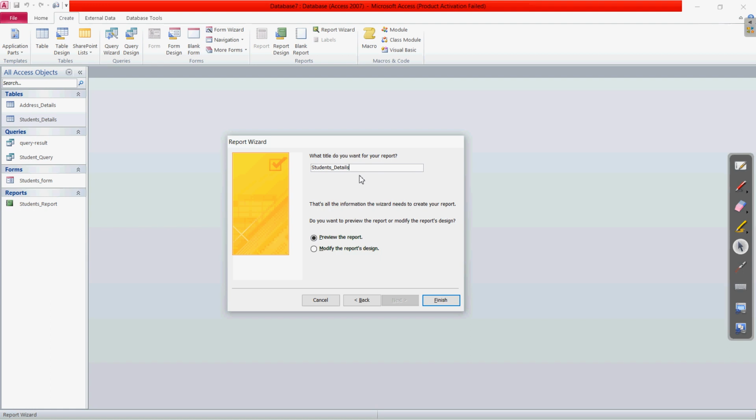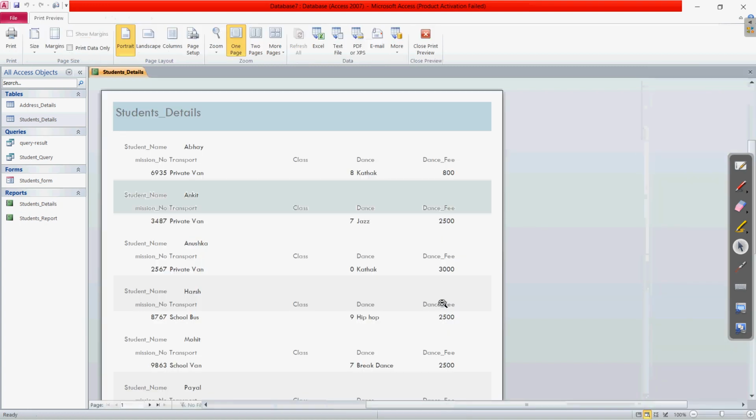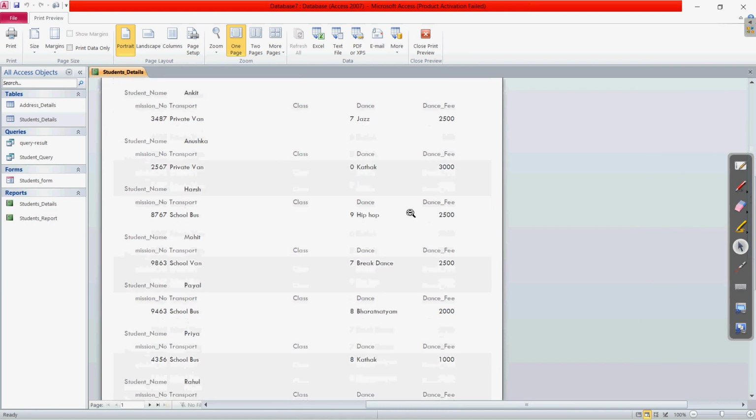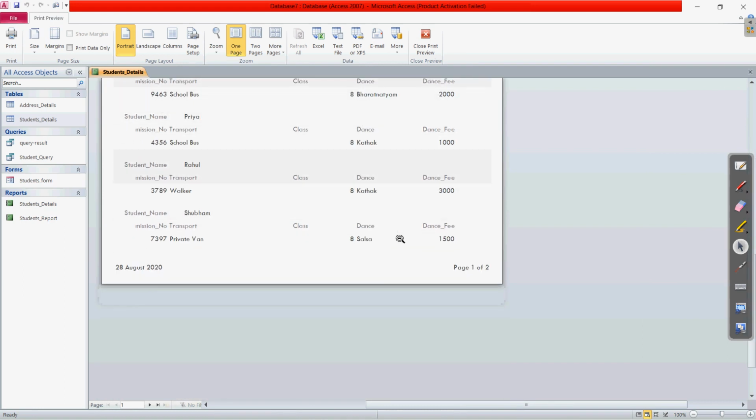Let it be Student Detail as the title of the report. Then after this click on the finish button. Clear? When you click on this finish button, you will see a print preview of this.